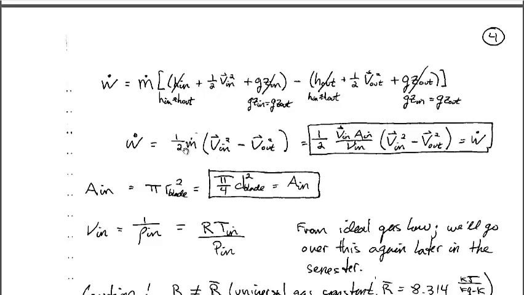In other words, 1/2 times the mass flow rate times the change in the kinetic energy, the velocity squared in minus the velocity squared out. And we have a relationship for mass flow rate in terms of velocity, area, and specific volume. And so we can substitute that in and get that our power is equal to 1/2 times the velocity in times the area in divided by the specific volume in, times the change in the squares of the velocities through the control system. Now we're going to process this a little bit more, but before I do that, I just want